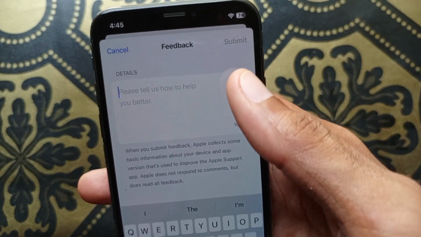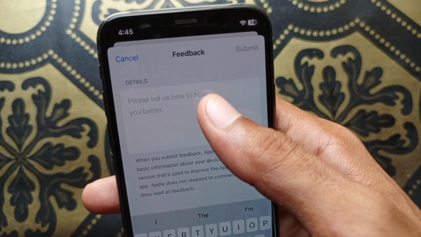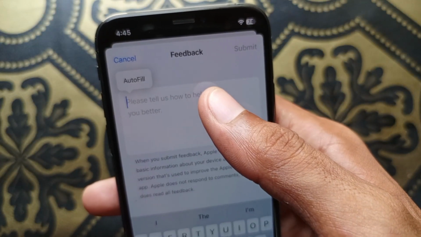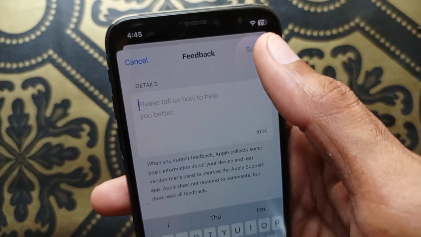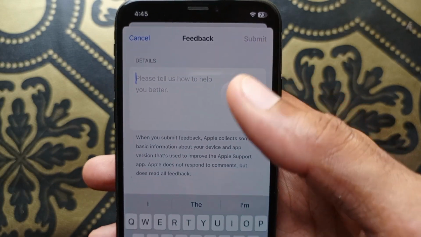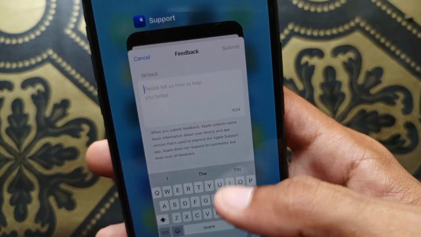So your problem is Face ID is not working on your phone, and please help with this issue as soon as possible. And guys, after writing your problem, you need to click on Submit, and after submitting, within a day your problem will be fixed and you will be able to use your Face ID